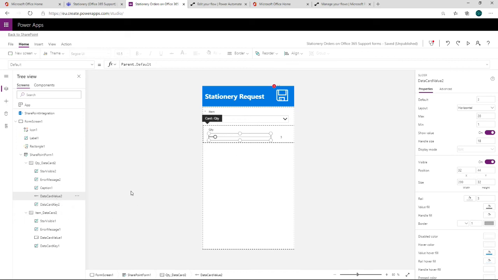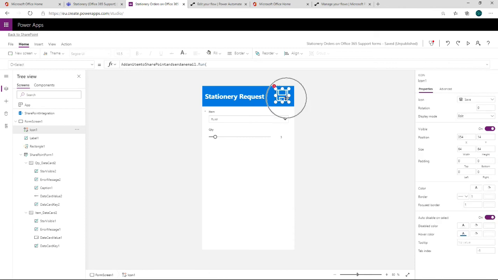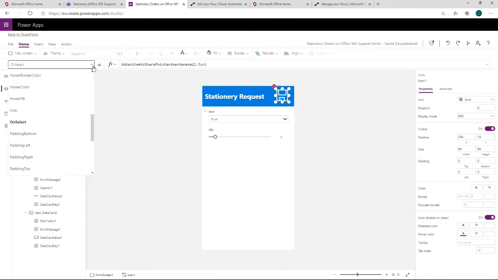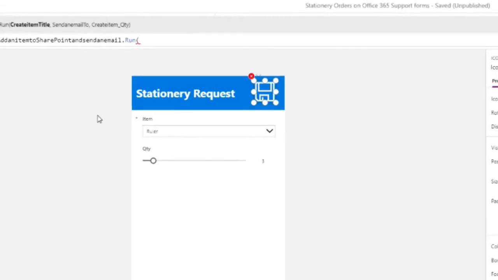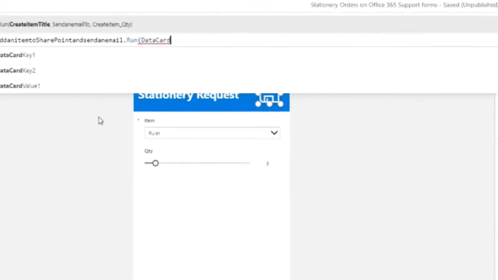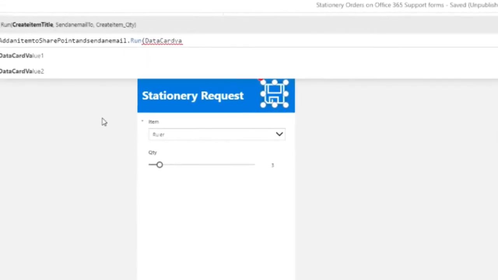That sounds straightforward. So I'm now going to click back on the save button here. You can see it's just pulled me back to the onSelect. If it hasn't, I could go back to the onSelect and then just finish the expression. So it's asking for that data card value 1